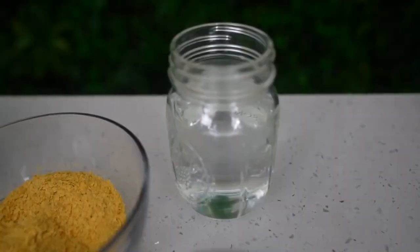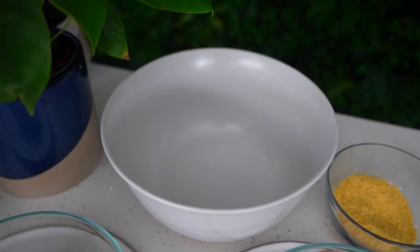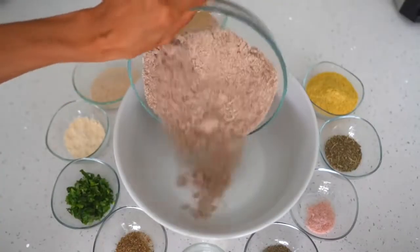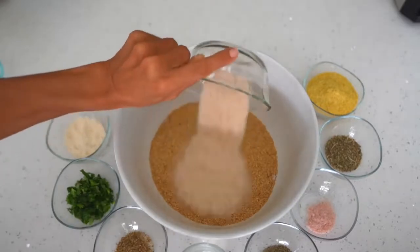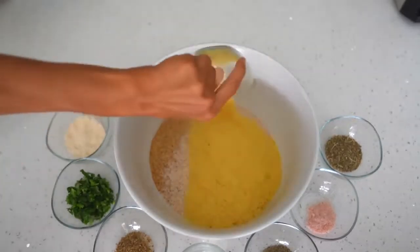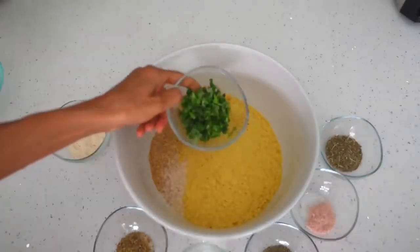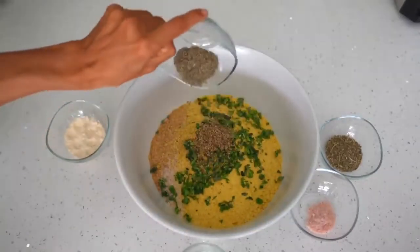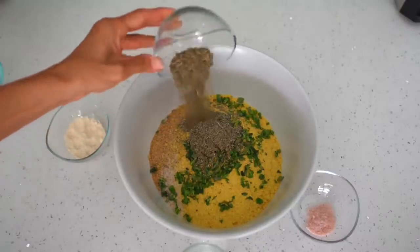So when you're ready, go ahead and add into your mixing bowl 2 cups of ground flax seeds, 2 cups of ground almond flour, 2 tablespoons of psyllium husk, 4 tablespoons of nutritional yeast, 2 teaspoons of fresh herbs like rosemary, oregano, or thyme, 1 teaspoon of fresh or dried oregano, 1 teaspoon of dried thyme, 1 teaspoon of fresh or dried tarragon,